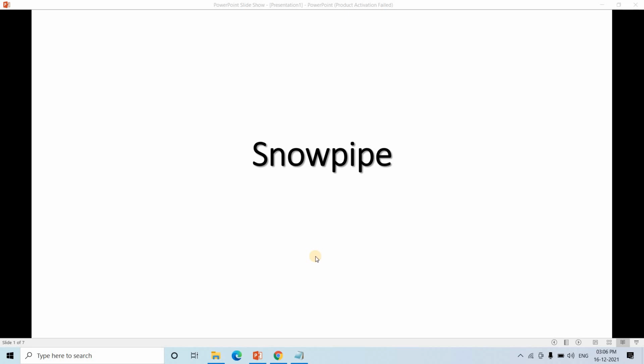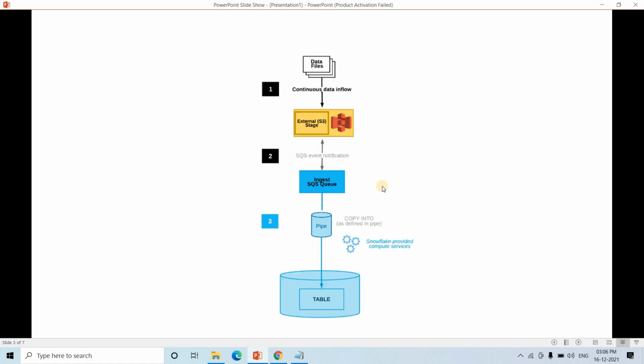So today in this particular video, I am going to discuss another interesting approach to use Snowpipe and make an automated pipeline to ingest your data from S3 location to the Snowflake table. Okay. So already in my previous video, I have discussed one technique, that is using SQS queue basically. So that pipeline looks like this.